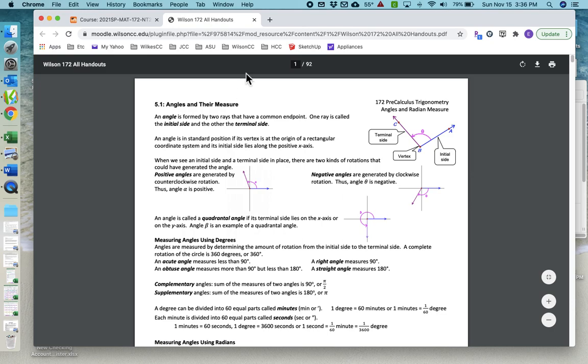So you can take notes on notebook paper if you like. As you can see, this is pretty long to print, but I would highly suggest you print this. It'll make things a lot easier for you. It'll probably cost you $10, $15 to print. I don't think it'll be outrageous,